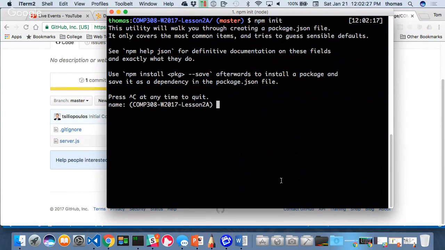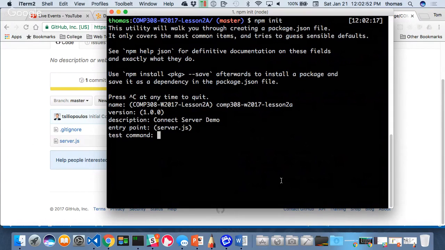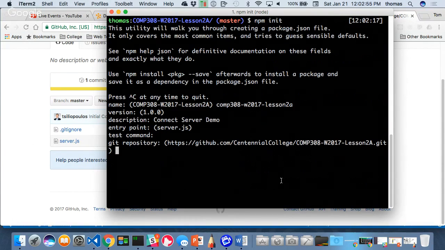It's going to say, what's the name of your package? I cannot use uppercase characters for the name of my package, so it's got to be lowercase comp308. I got to retype it: w2017, and then lesson 2A, and then press enter. Version 1's fine. Description, it's going to be a connect server demo. That's what we're doing. Entry point, server.js, it found it. That's good. Test command, I don't care. Git repository, this is what I wanted to pick up so I don't have to do this again. Pick that up. Keywords, connect,